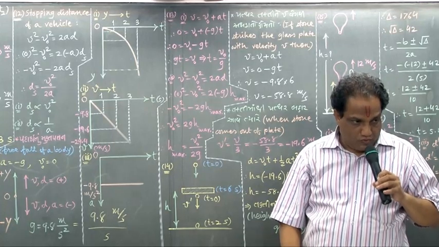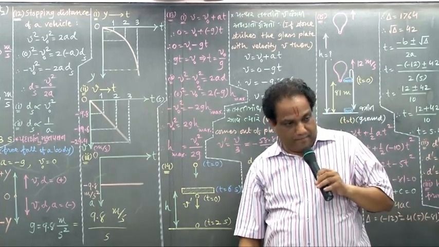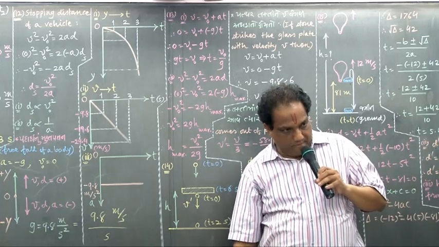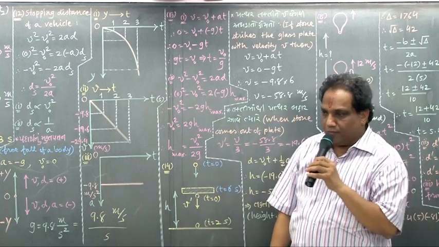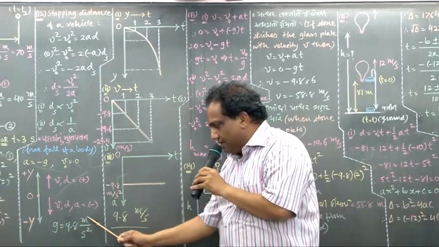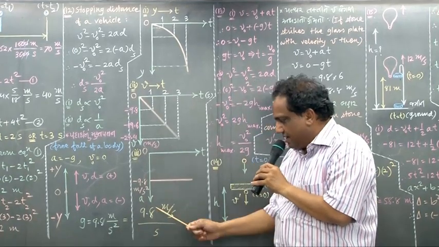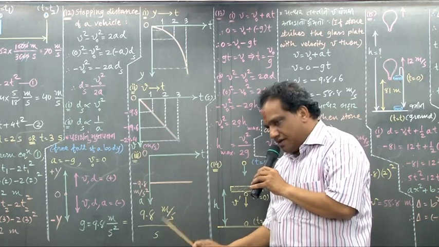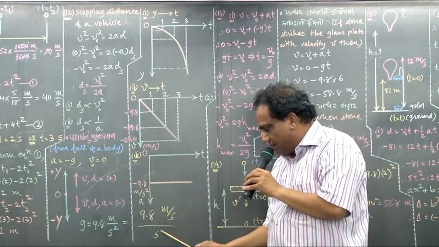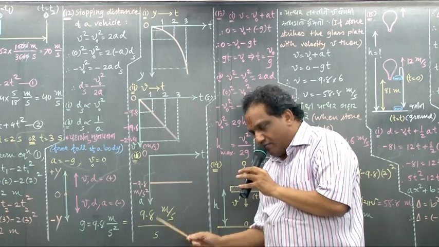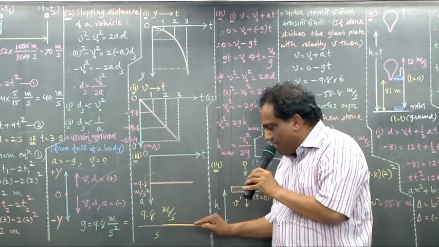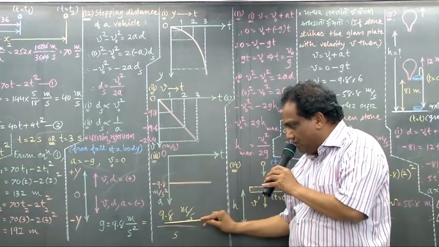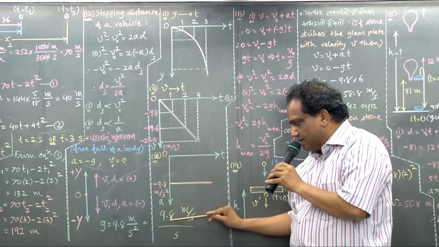So, what will happen? Acceleration is constant. Look, can you write this 9.8 meter per second square this way: 9.8 meter per second, per second? Second will come down and second into second, that is second square. But what is the meaning of this? Every second, the velocity of a freely falling body will increase by an amount of 9.8 meter per second.